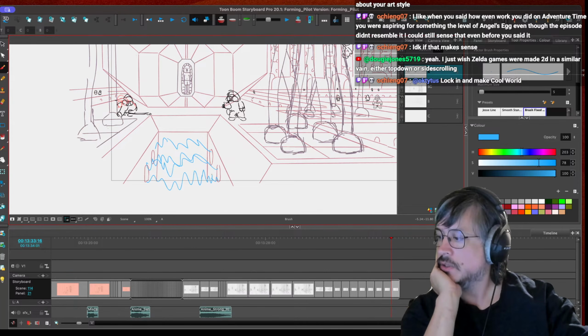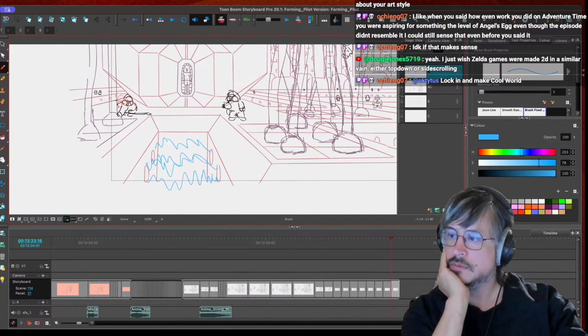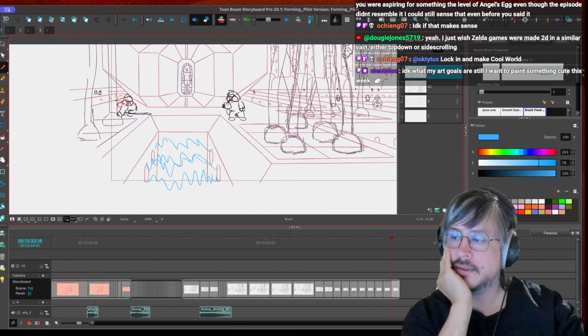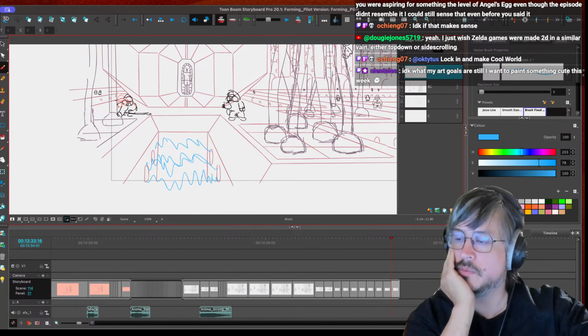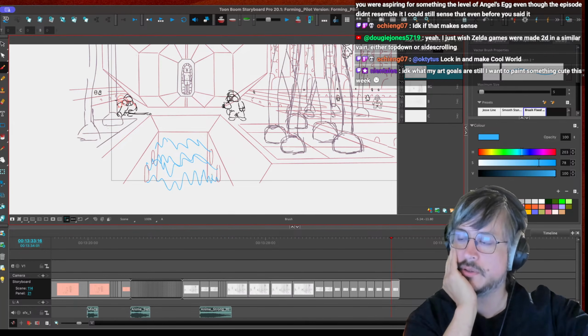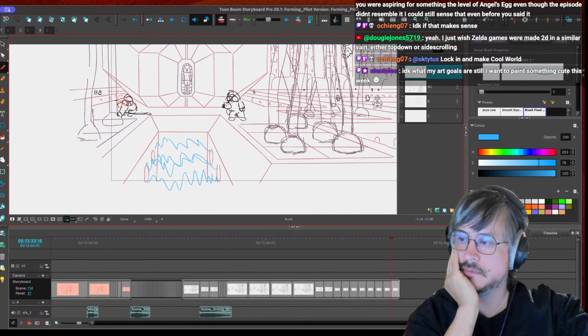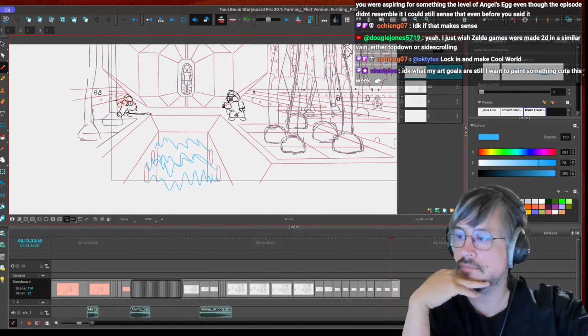I just wish Zelda games were made 2D in a similar vein, either top-down or side-scrolling. Yeah, I really loved Breath of the Wild. I do think Breath of the Wild is one of the greatest open world games ever made, at least my memory of playing it felt that way.